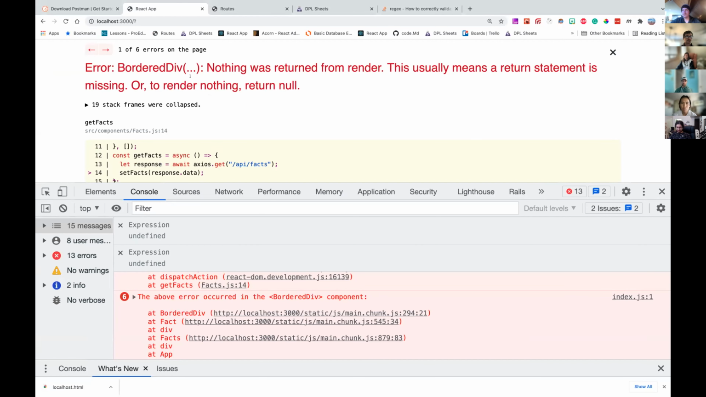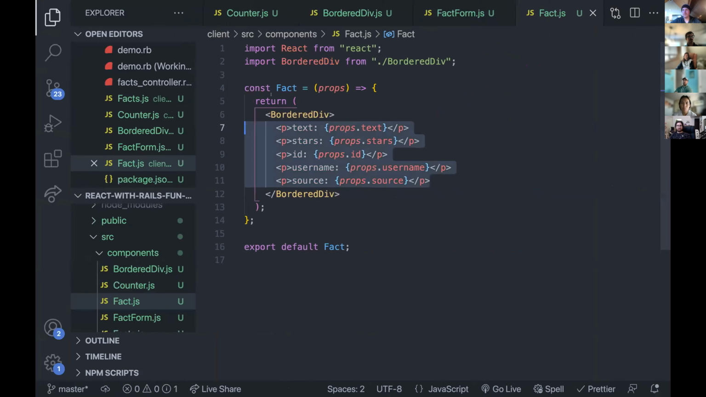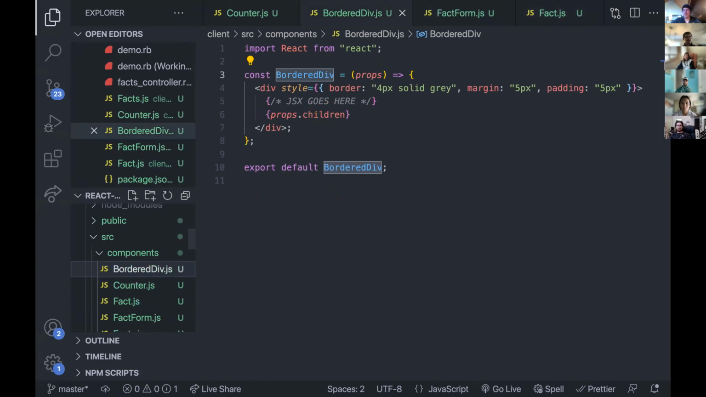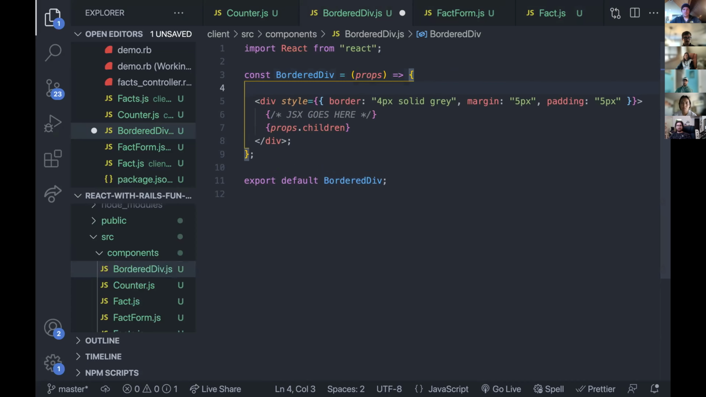There's finally the error. Error border div, nothing was returned from render. This usually means return statement is missing. All right, that's a pretty good error. Am I forgetting my return statement? Yes, I am. So I could add a return here, return